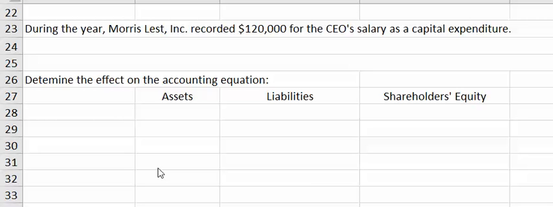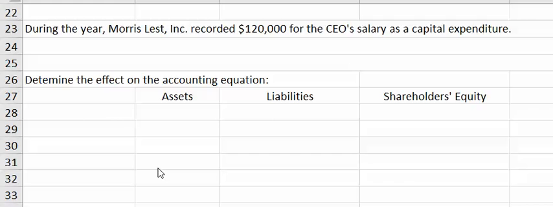Once the asset's in place and being used, the typical repairs and maintenance of that long-term asset are to be expensed. There's an exception to that rule, that being if a later expenditure significantly extends the useful life of that asset or is a major improvement to that asset, you could arguably call that a capital expenditure and increase the asset. But typical repairs and maintenance